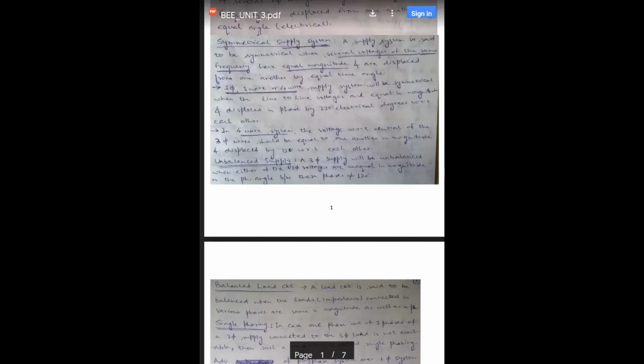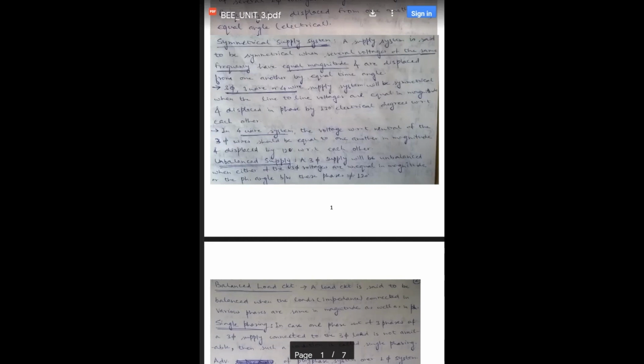Okay, so frequency should be same, magnitude should be same, and equal time angle means that they will pass the reference axis after an equal interval of time. Okay, and since this time and angle are convertible to each other, we can say that they will cross the reference axis after a fixed angle. Okay, so in the supply system,